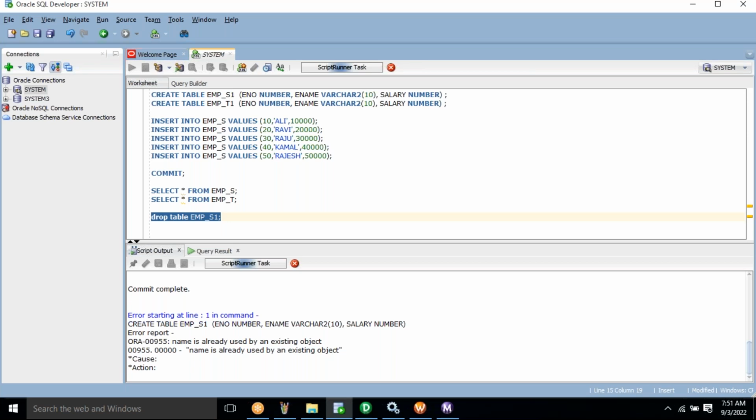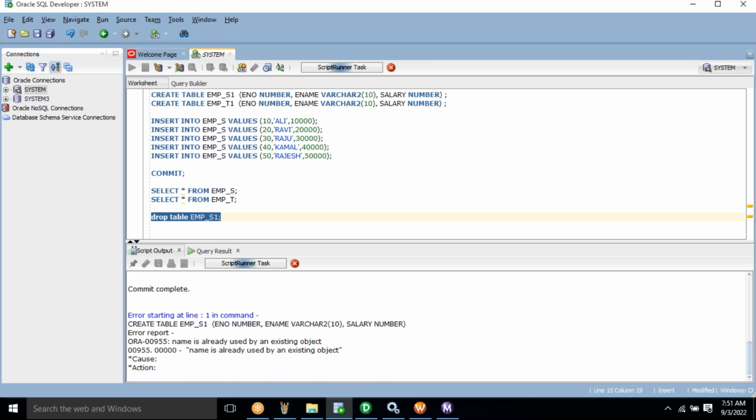Since it already exists, I'm just dropping it in my system. You will not have S1 T1, you can directly create. After giving the name, execute the same query, just change the name. In place of s, you can keep s1, so that the s1 table will be created. In place of t, you can place t1, so that the target table will be created for your second scenario